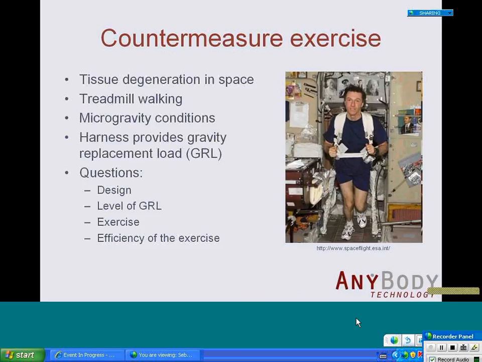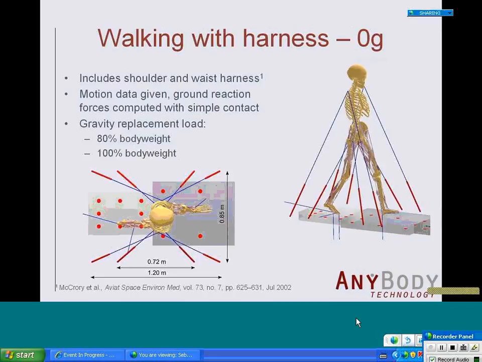And the open questions for these countermeasures in general, I think, and also of course for the treadmill walking, is what's the proper design of these countermeasures? What is the level of the ground replacement load which has to be applied, which means the force in the springs, the pretension, and what kind of exercise is maybe the best, and of course what is the efficiency of this exercise. So in this case we wanted to analyze the walking with harness in microgravity, and you can see